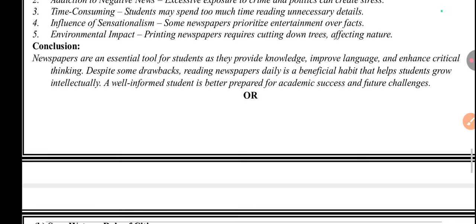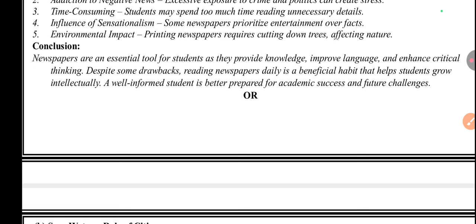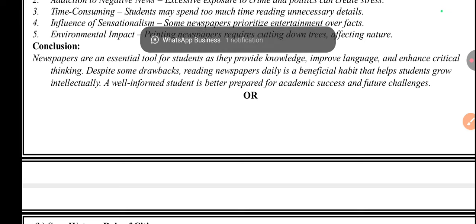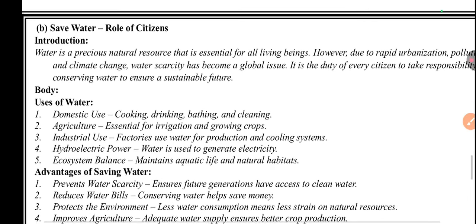Conclusion: newspapers are an essential tool for students as they provide knowledge, improve language, and enhance critical thinking. Despite some drawbacks, reading newspapers daily is a beneficial habit that helps students to grow intellectually. A well informed student is better prepared for academic success and future challenges. Okay, you can write that also, or otherwise,